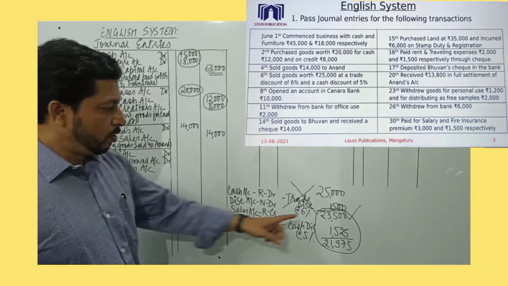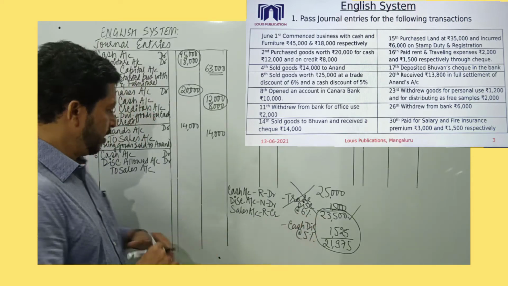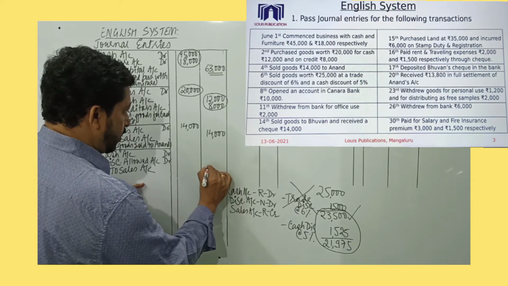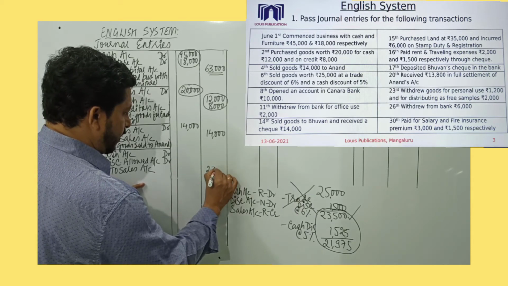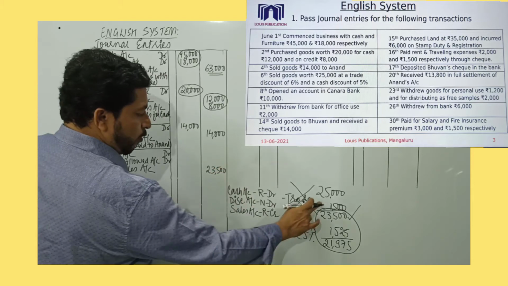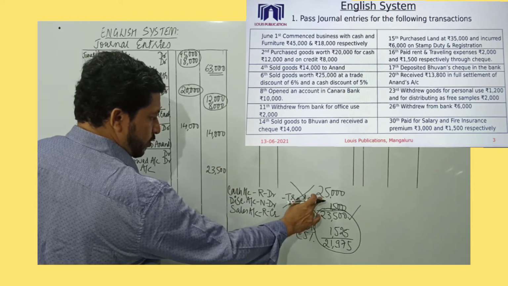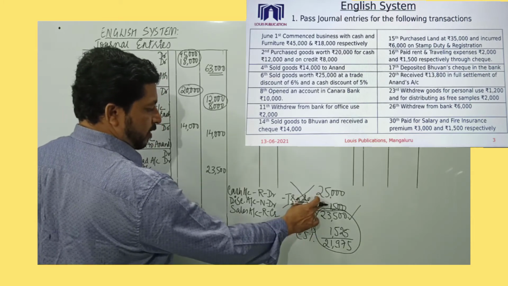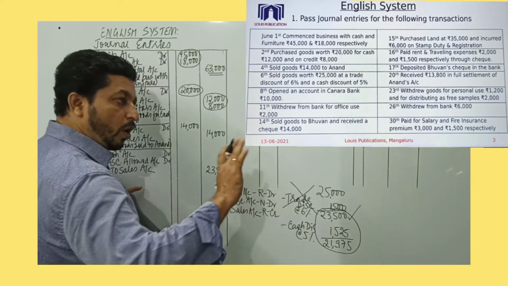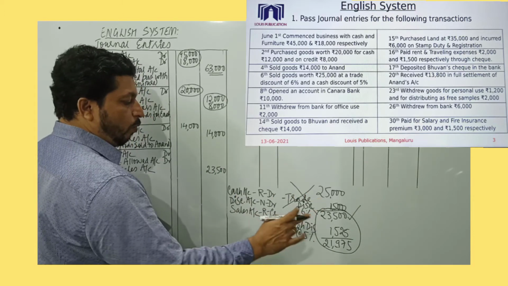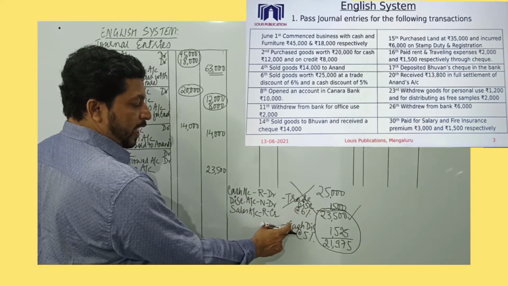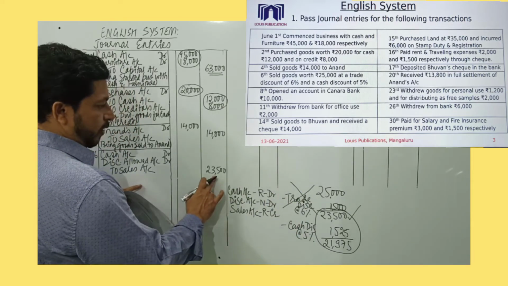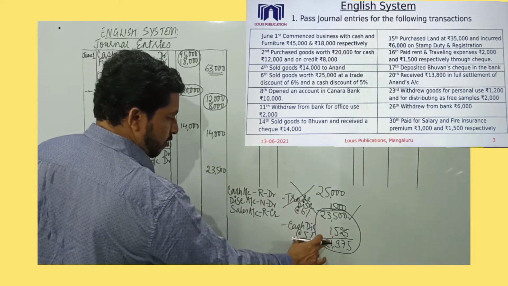Now as I told you, the sales value that will be recorded in the books is 23,500 rupees. So I record over here 23,500. Remember, value of goods sold is 25,000. But trade discount is 6%. 6% of 25,000 is 1,500. This trade discount value will not be shown in our books at all. What discount we show in our books is only cash discount. More about it we will discuss in the coming sessions. So 23,500 is the transaction value.